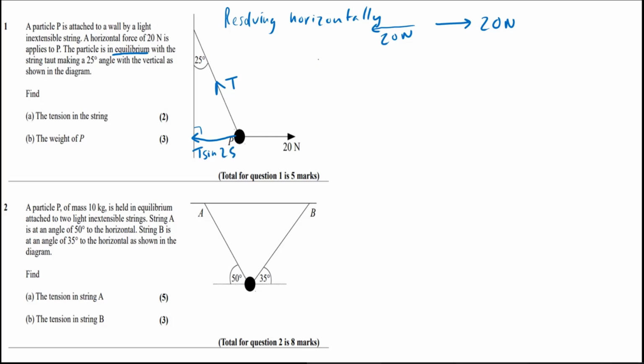right? So this is easier than you expect. So it's T sine 25 has got to equal 20, because that horizontal tension has got to equal the tension going this way because of the keyword equilibrium. So T equals 20 over sine 25, which is